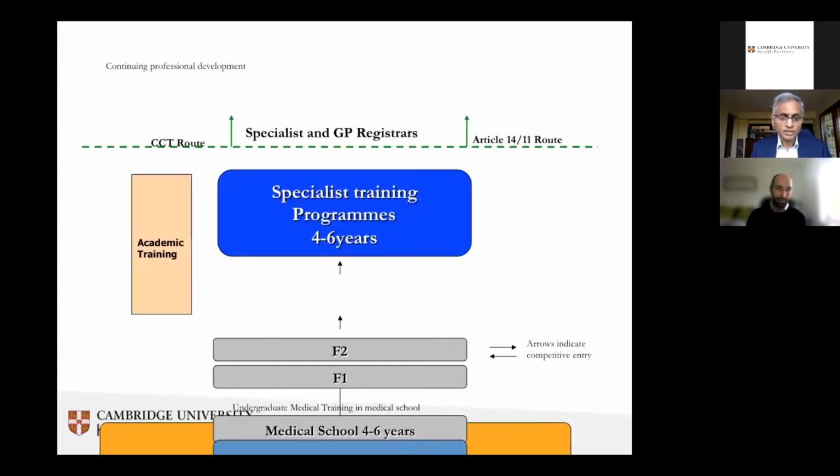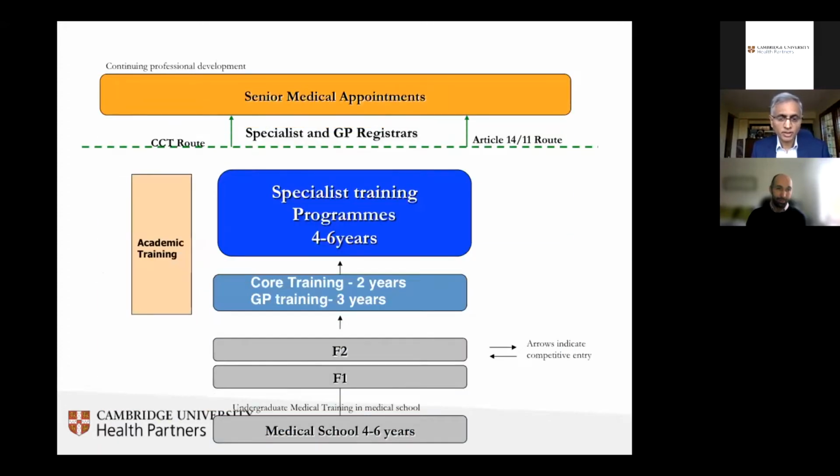So just to give a very quick summary of how a doctor is trained. A student will enter medical school for a 4, 5 or 6 year program. A 4-year program is for those who have already done a degree, so postgraduates, and Cambridge has a postgraduate course. Most courses are 5 years in length, with a 6th year for an intercalation. The Cambridge course is 6 years mandatory.